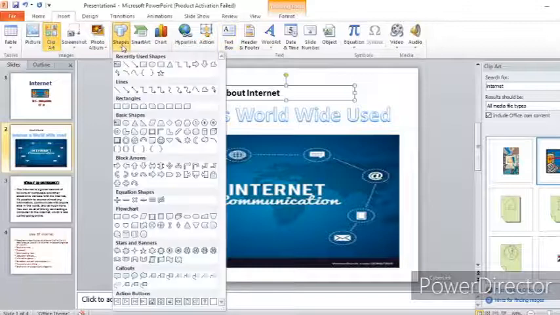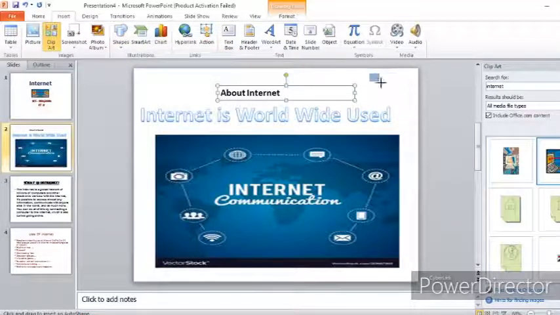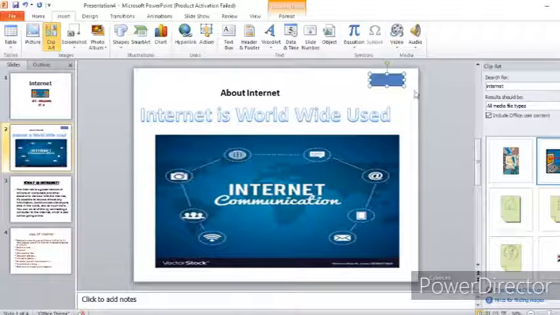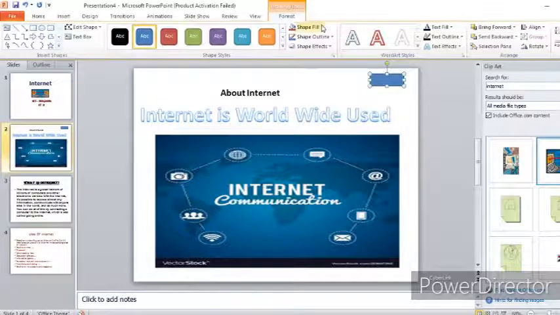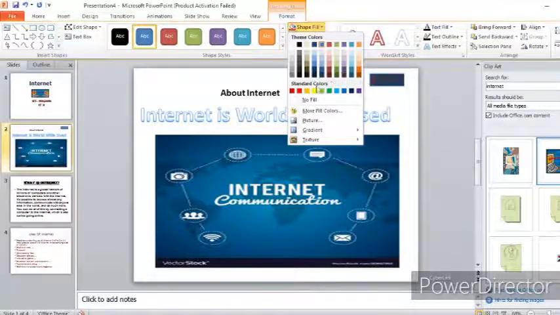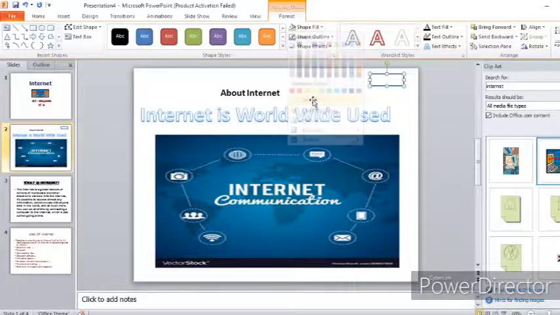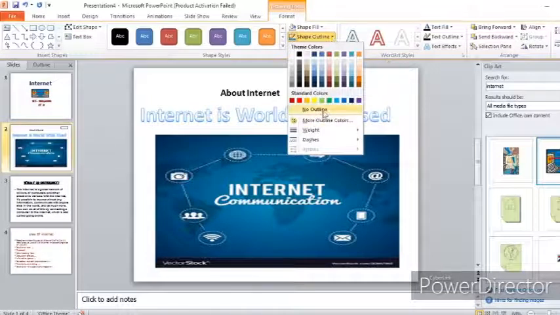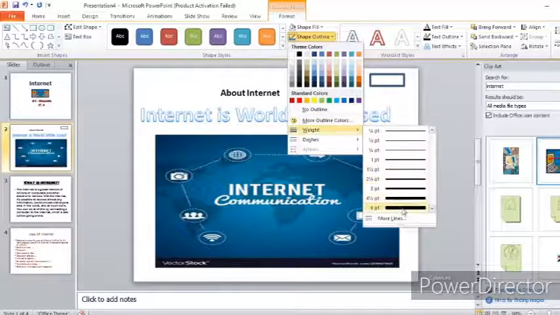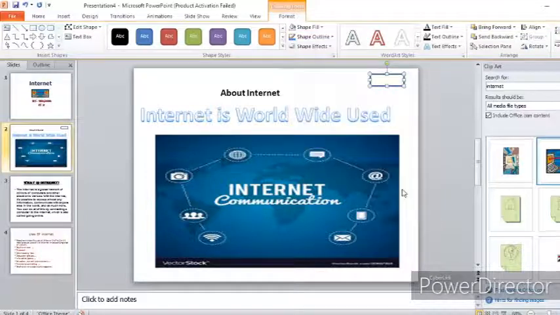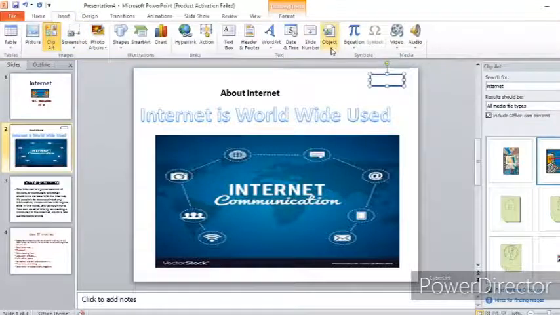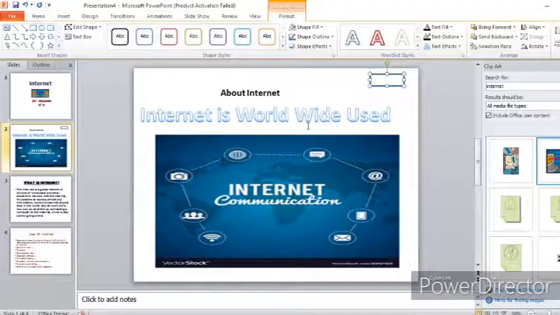Suppose I want to insert some shapes, just go there and you can create a shape like this. How can you make changes in your shape? First you draw the shape in your slide, then go to the format. From here, in shape fill color, you can change the color. If you want no color, just go to no color. Your outline you can change. Suppose no outline, you just choose no outline. Or you can choose how thick an outline you want, like this. So this way you can make changes in the format. First select from insert, go there, then go to the format, and you can make changes in that.